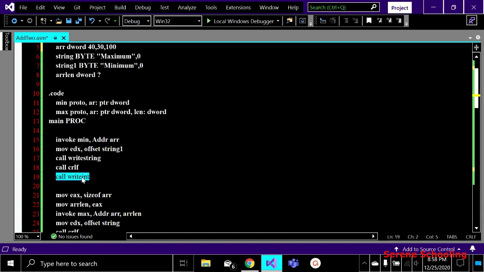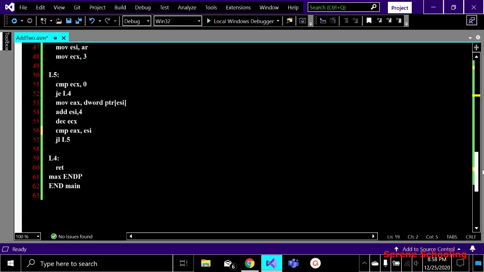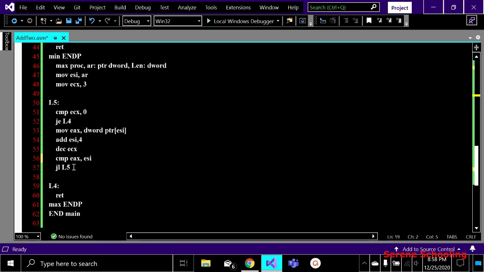You can see the maximum yourself. This is nothing so new. The only difference will be in the condition, this condition. Why this? Because here we know we want the maximum value, right? So here we have to check for the less value, right? Because in our minimum we were using greater, and we know the concept why we were using greater, so here you can see why we are using less, right?